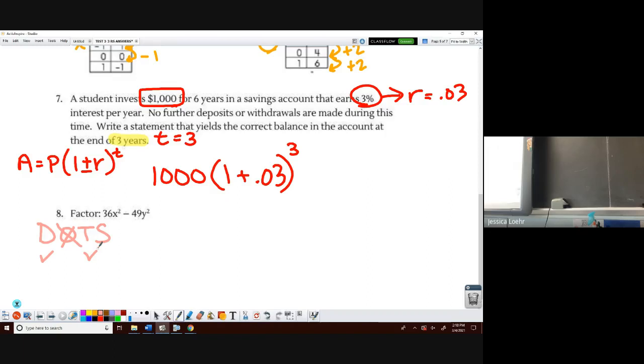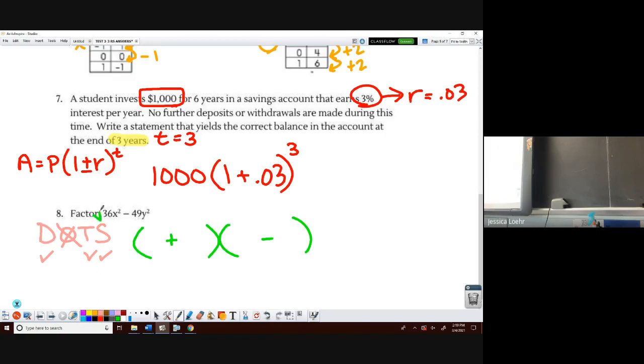All of the first 15 perfect squares, and anything with an even power is a perfect square. So perfect square is 36 and 49, those are 6 squared and 7 squared. X squared and Y squared both have an even power, so they're both perfect squares. So I'm using dots. When I'm setting up dots, setting up a plus and a minus in my parentheses,